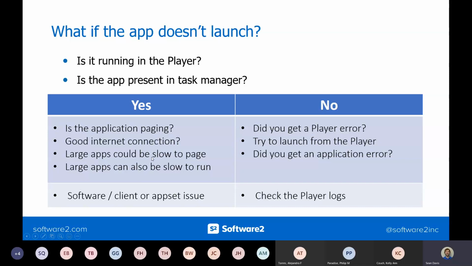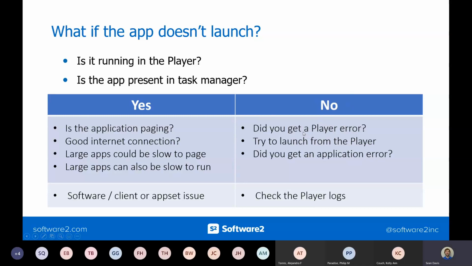It might be an app that is performing slow over a network, in which case it would be something you may have to check in the packaging of the app. You may have to bring it to the team that's packaging the app and say, hey, this app isn't performing great on this network or in this location or just in general. So that's if the app shows as running in the player. If it's running in the player, it's usually an app set issue, an application package issue, or just an app bug in general. If it's not running in the player, that's when it's a cloud paging error,